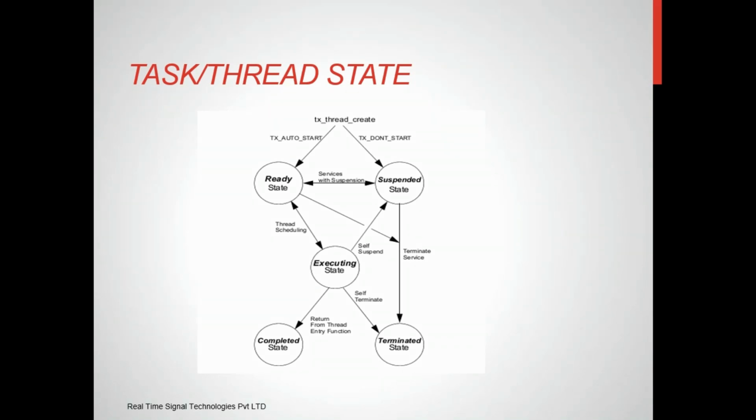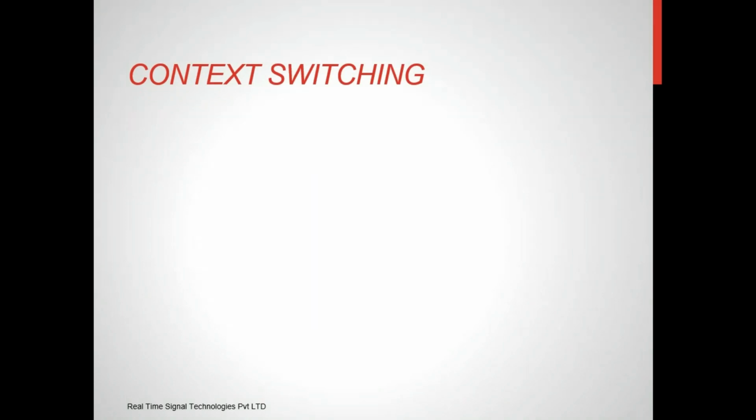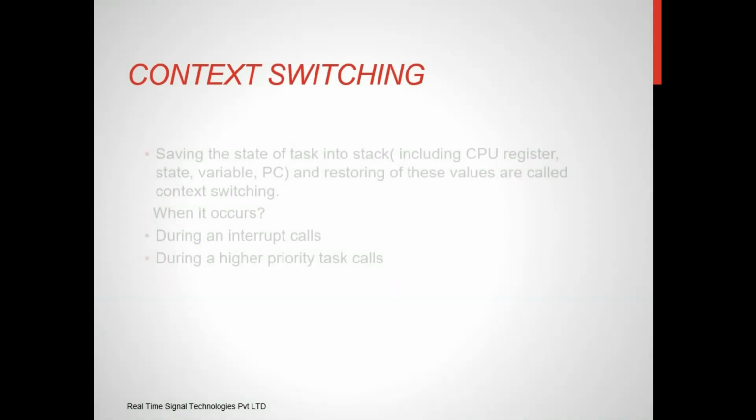If the task is waiting for any event to occur, the state of the task will change to suspended state. When the required event occurs, it will go to ready state, and then to execution state, and eventually to completed or terminated state. Context switching is the process of saving the state of currently running task into the stack and